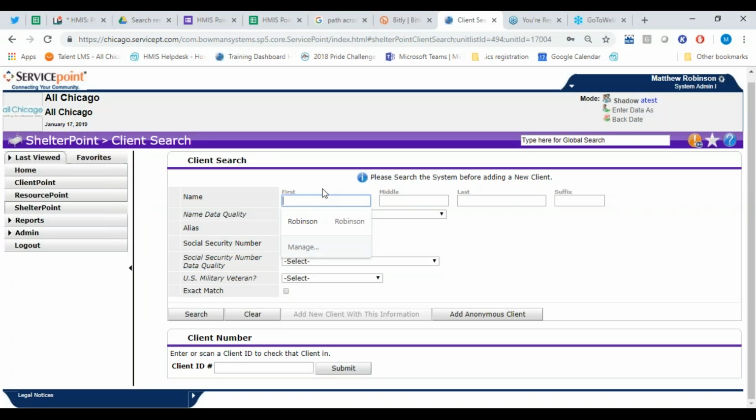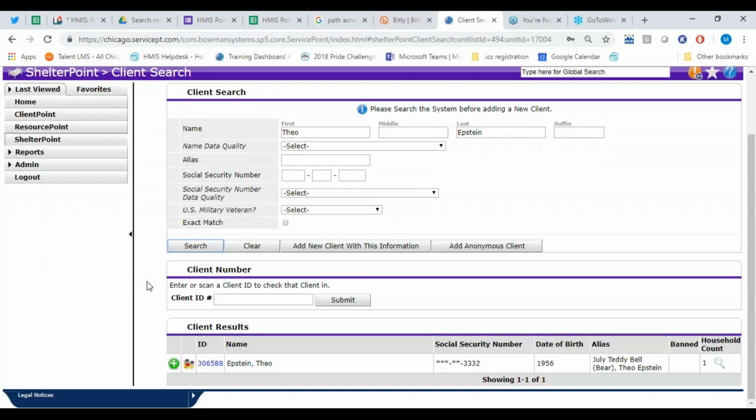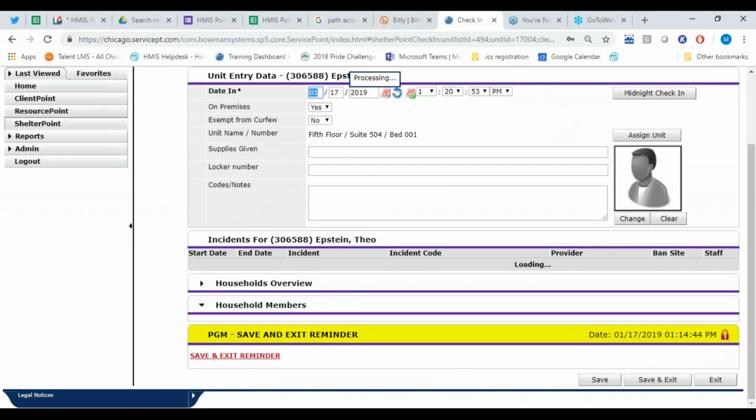Takes me to client search. And my client, Theo Epstein, was part of a larger household. And so what I want to do this time is check in each member of that household. What I'm going to do is search for one of the clients in that household, preferably the head of household, and I'll click search, and I can see my client in the client results there at the bottom, client Theo Epstein. Click the plus,